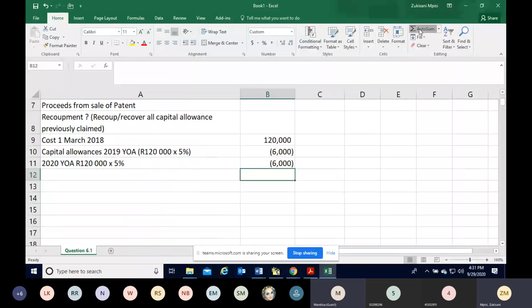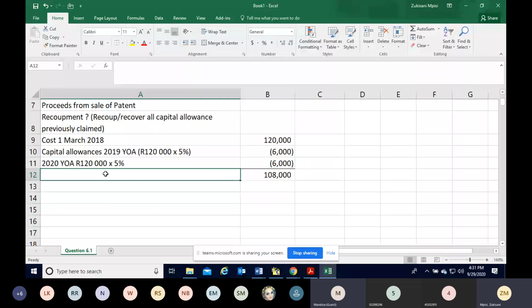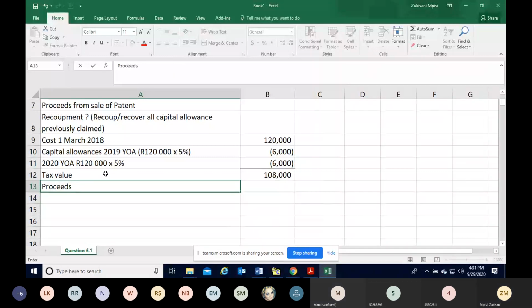So this means that as things stood, you had a tax value. In accounting, we call it a carrying amount. In tax, you had a tax value of 108,000 in your books. And you are told that you have made proceeds or sales, a sale amount